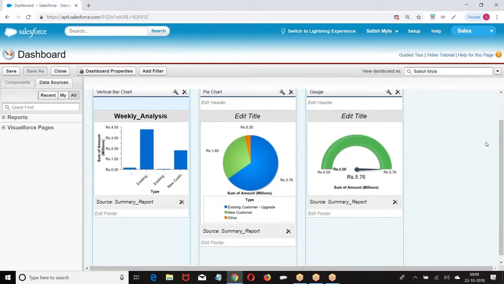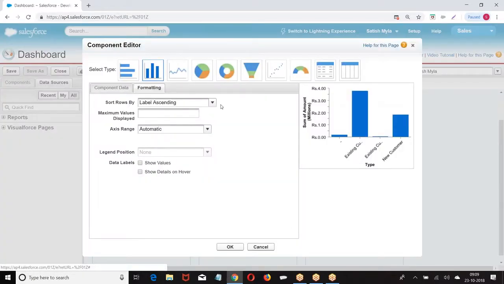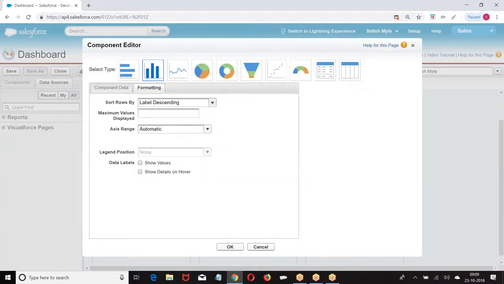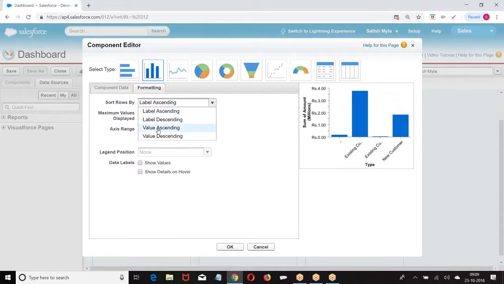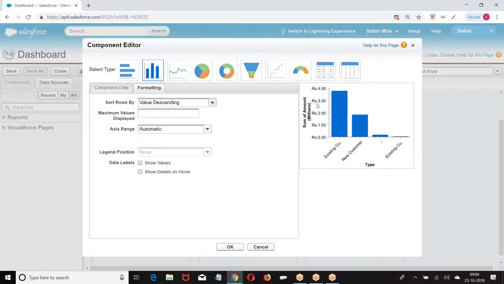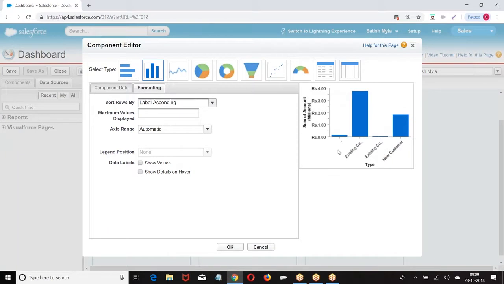Right. Now go back to this. Now I want to edit the settings. Now they're asking: should the label be in ascending order or descending order? New customer, existing. Should the value be in ascending order or descending order? Value descending order, it came. Label descending order. How do you want to organize this?